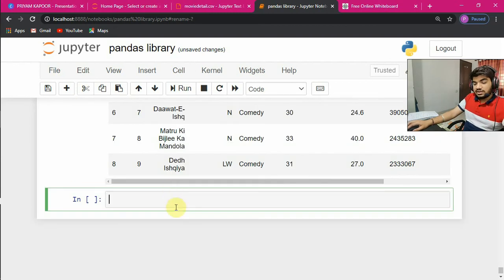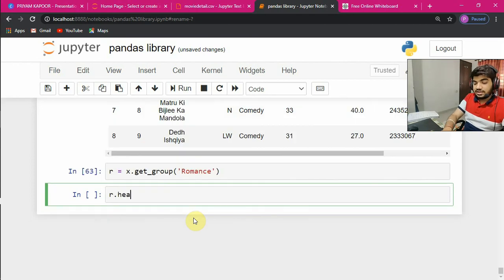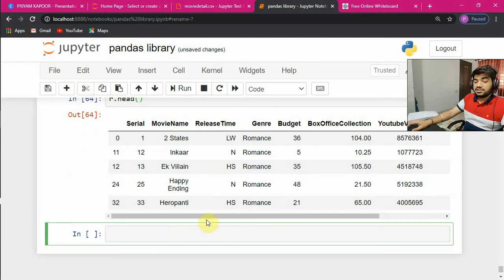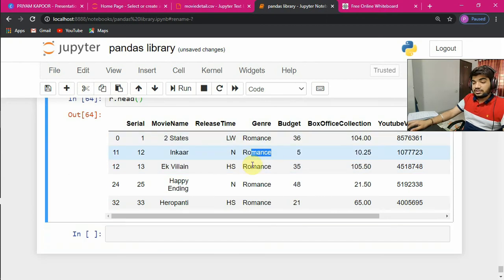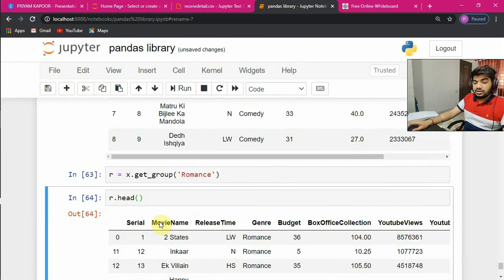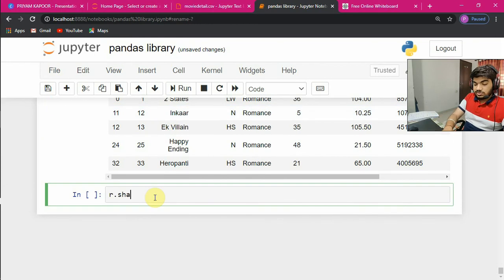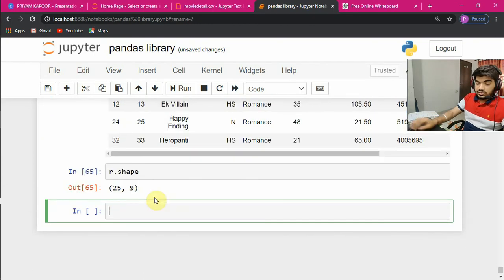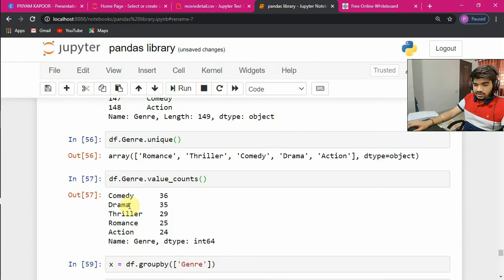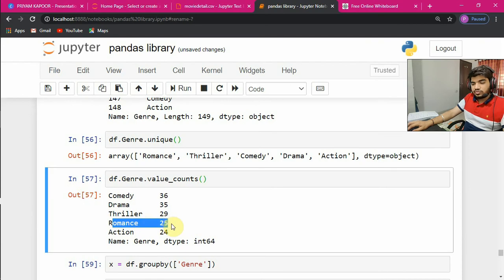Similarly, if I make r equals x.get_group, and I mention romance, and I get r.head as all the romantic movies. You can see over here, the genres are not going to be changed. So you can also write r.shape and confirm this thing. It has 25 values, and we also know that romance has 25 values.